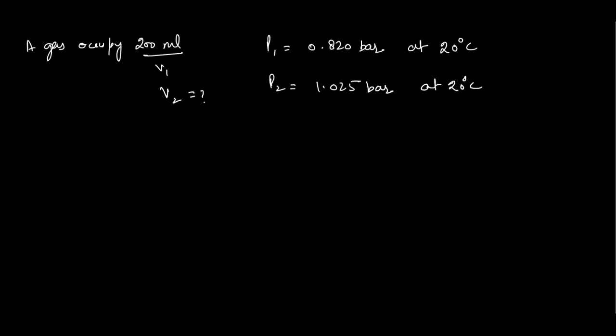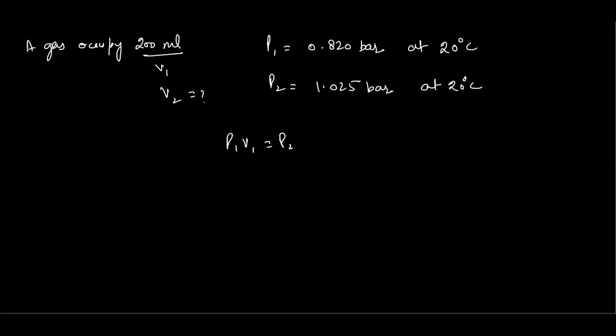Okay, so let's move. Will you be able to solve this one properly? It would be simple. You need to divide it. P1 V1 is equal to P2 V2, and then you will be able to calculate this. Here, you write P1 V1 is equal to P2 V2, and in that case you need to calculate the volume V2. Then you can write P1 V1 divided by P2 is equal to V2.